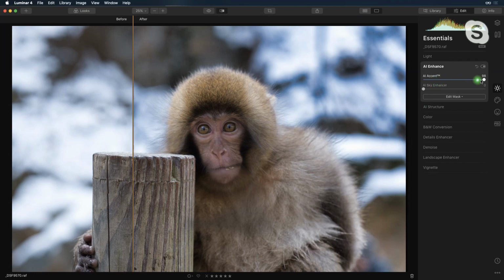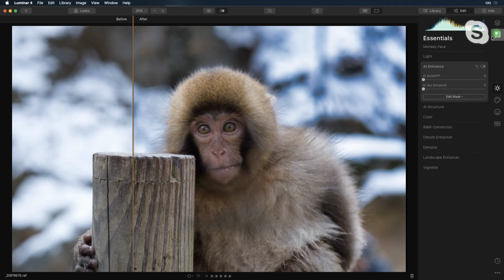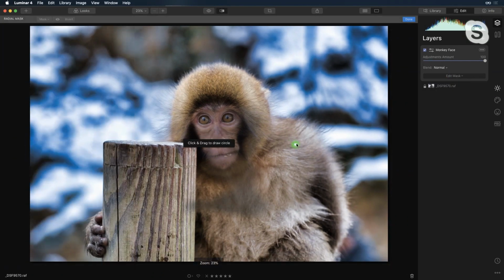So the perfect way to solve it is actually again with the mask. And this time, because I think I might do a few little things, I'll actually start with an adjustment layer. So I start new, as you mentioned, I can rename it. So we'll say, let's call it monkey face. And because I'm dealing with the face, I'll actually start drawing. Now I'm gonna pick the